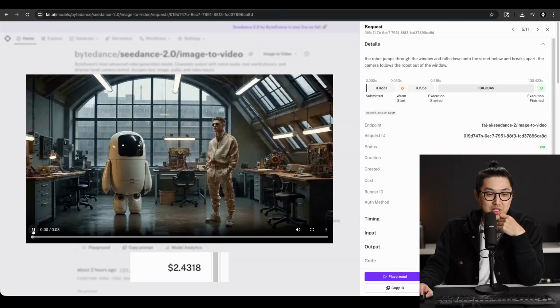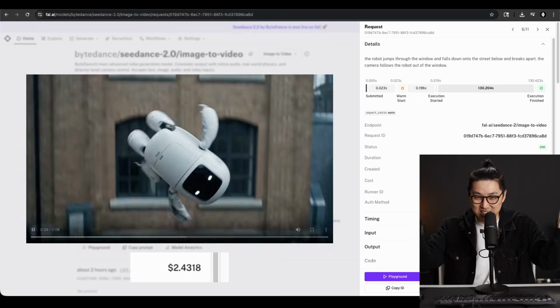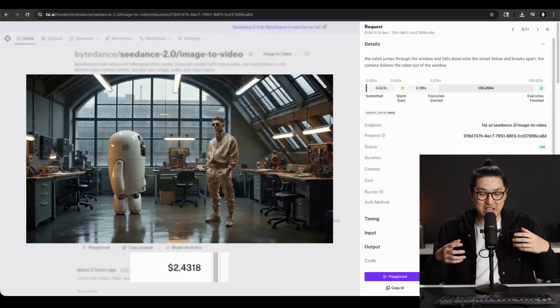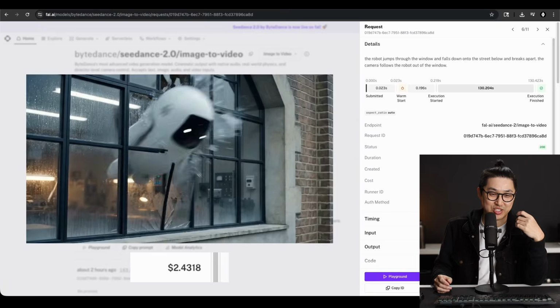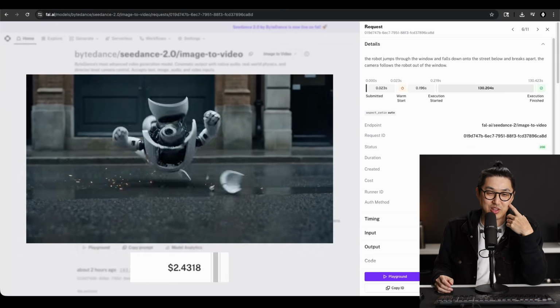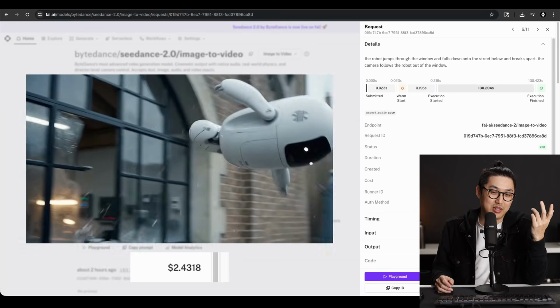And this is what we got watching it back. The robot jumps out the window. The glass, I was trying to make a shot that would show physics, like the glass shattering. I think it does a great job. Watch it again, just splash, hilarious. There's a little bit of weird morphing on the way down, and then he explodes as he hits the ground. Really good.